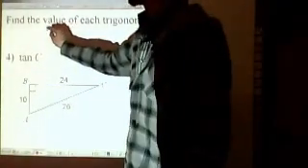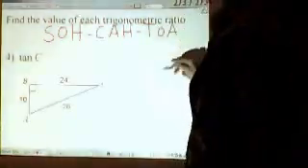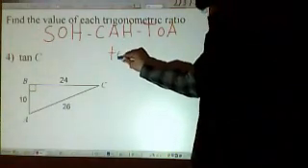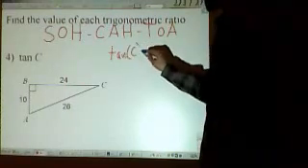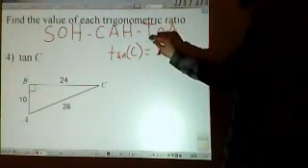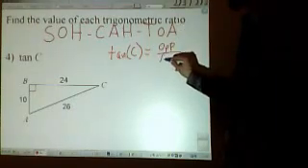So what I want you guys to remember on problems like this is this little phrase that we talked about to help us remember the definition of all our ratios, of all our trigonometric ratios. So for number 4, it asks us for the tangent of C, okay? So what we should remember is that tangent of C equals the opposite over, well, tangent is opposite over adjacent,